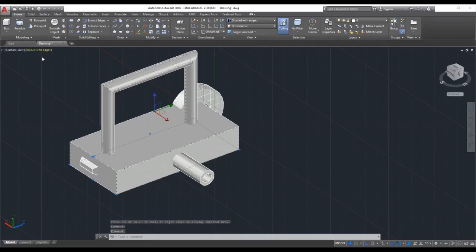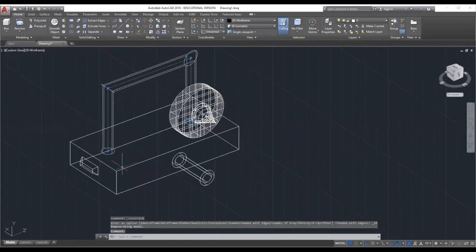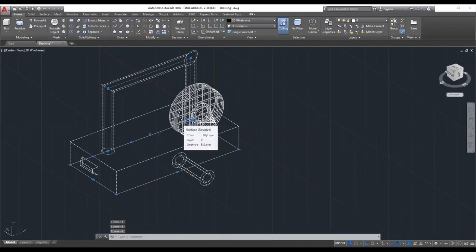Go to 2D wireframe. So we'll observe this is a separate object and this is a separate object. By using the union command, we will convert these different separate objects into a single object.